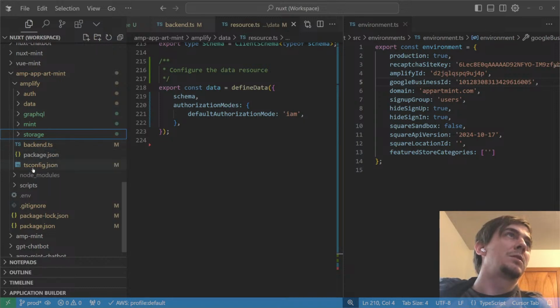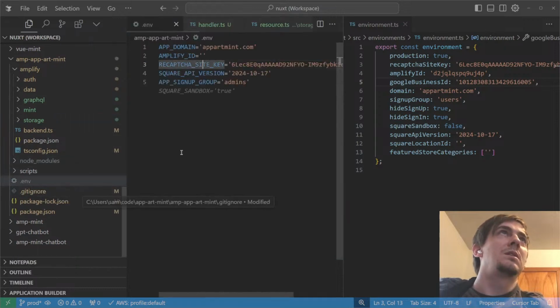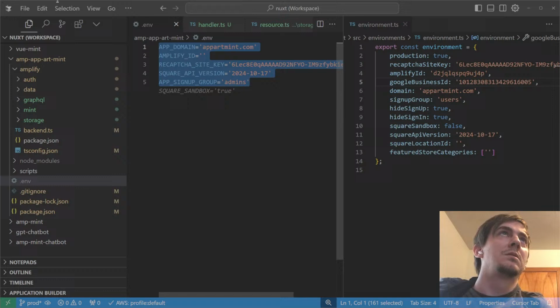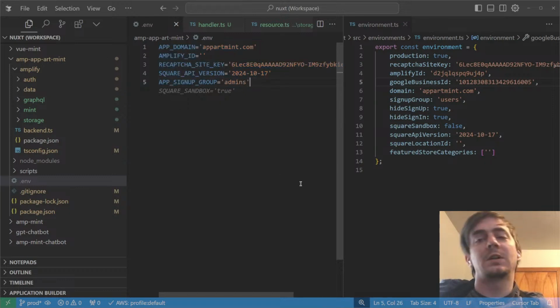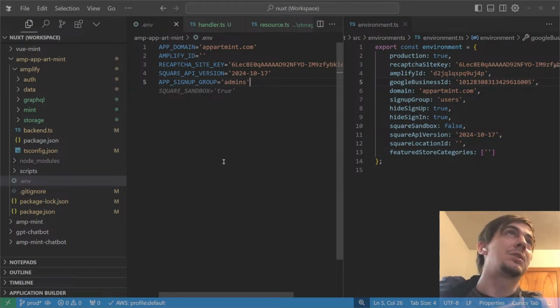I'm close. Let's see, this doesn't need to be secret. It's environment variables. I keep secrets in secrets that are accessed at runtime. So